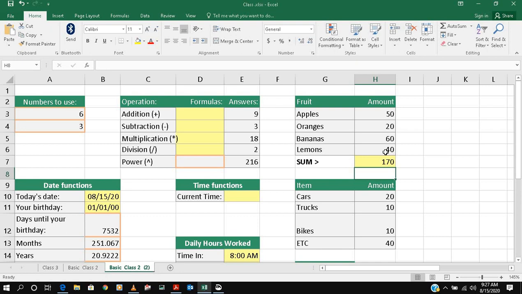So how will you do it? You will not do it like this. You will do it automatically. So what is the automatic? I'm just going to delete this. You just select this, go to the auto sum at the top. This is the auto sum editing function, put auto sum. It is 170. Okay, I think you got it.